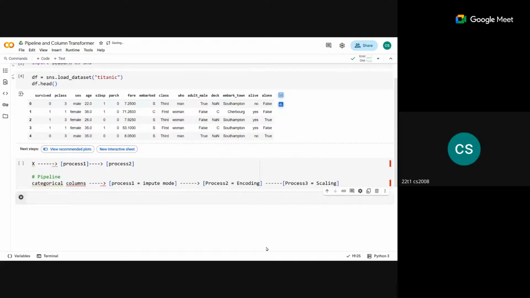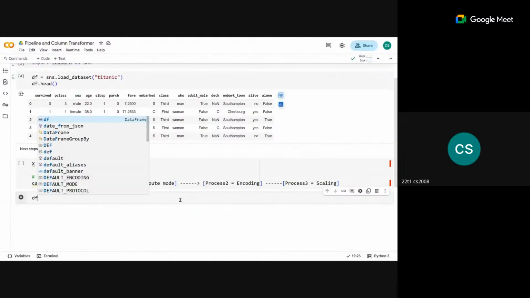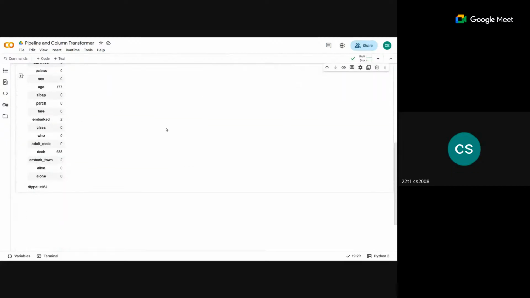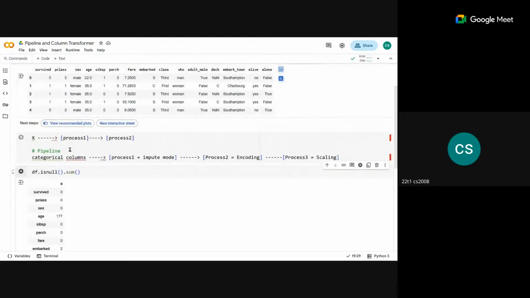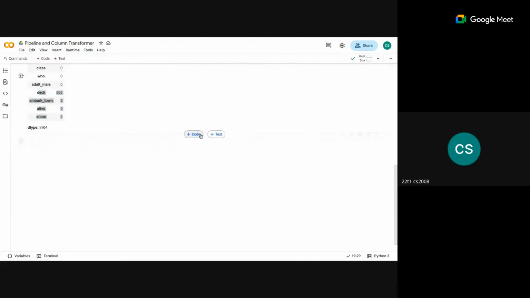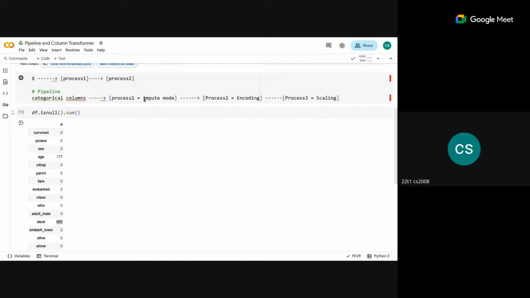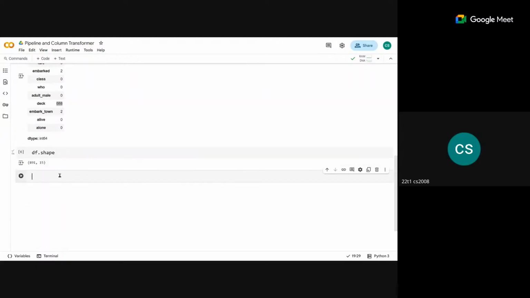What I'll do is first look at where the missing values are. Okay, so deck has some missing values, embark_town has some missing values. df.shape: there are a total of 891 rows, but 688 are not available in deck. Ideally I would have removed deck, but for the sake of an example, I will impute it with the mode and do the encoding. So what I'll do is df.select_dtypes